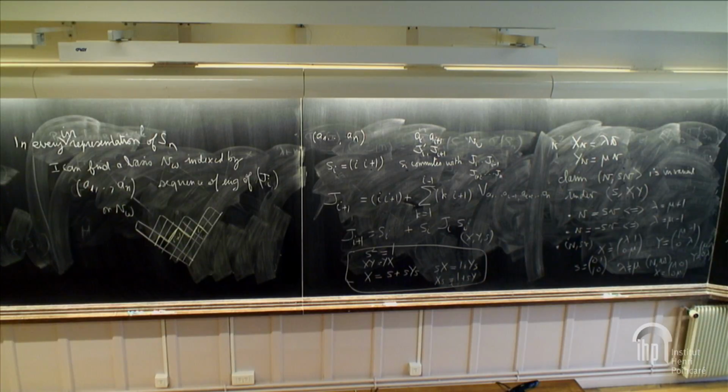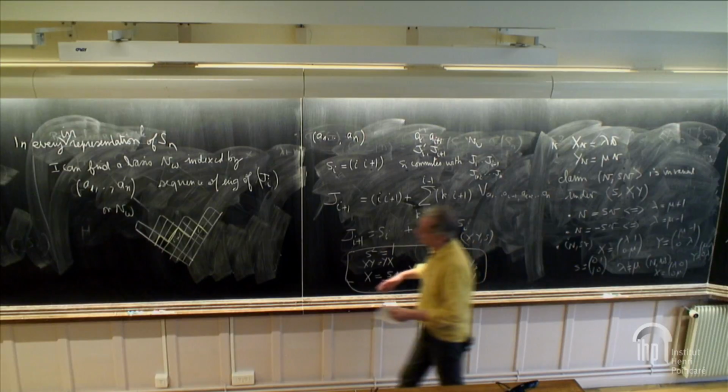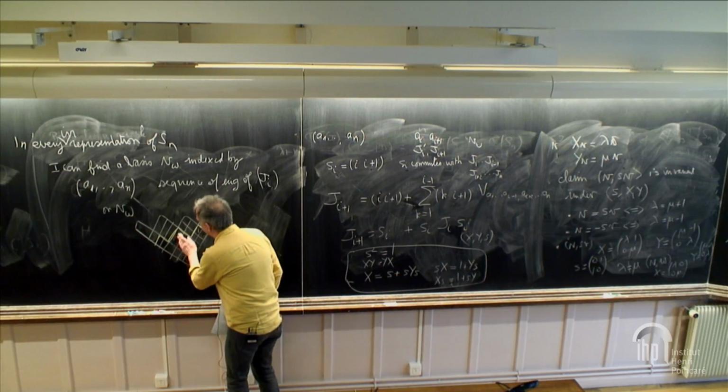Okay? This is the statement here about these operators. Here the self-adjointness is important to get this condition because, okay. So if a_i is equal to a_{i+1} plus or minus 1,